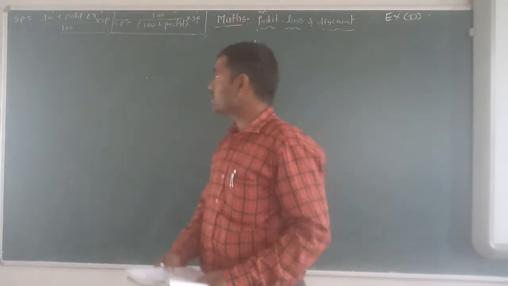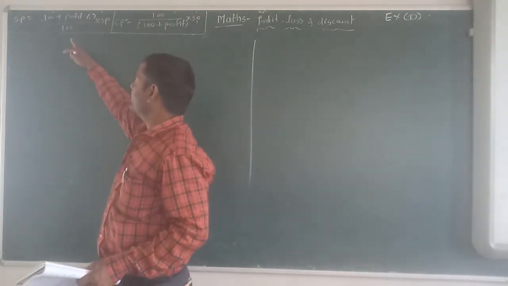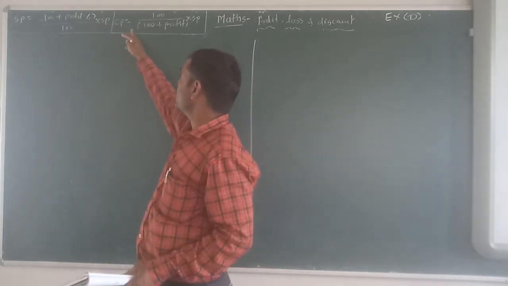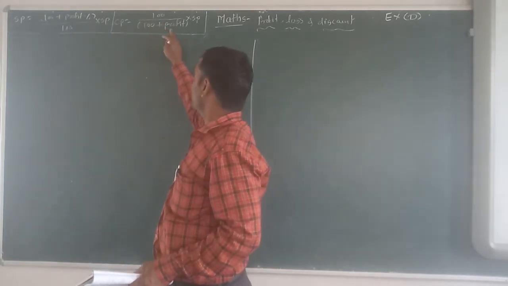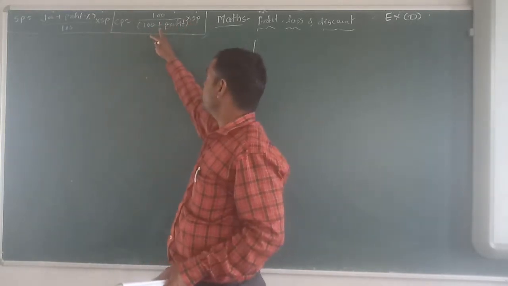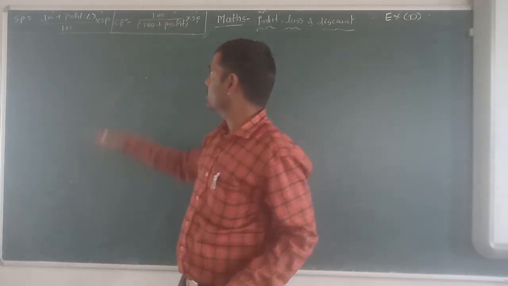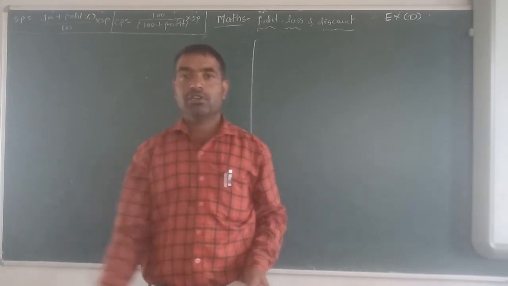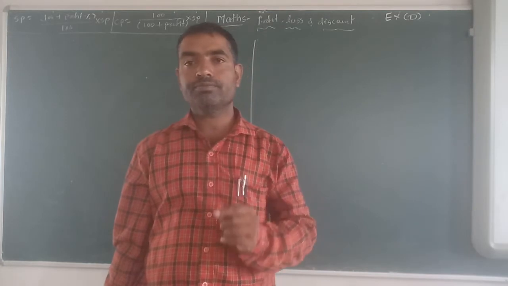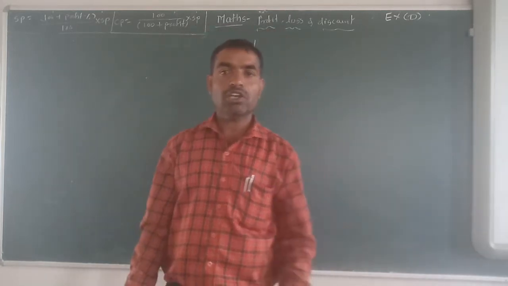But in this exercise, we require the formula: SP is equal to (100 plus profit percent) upon 100 multiplied by CP. And another formula: CP is equal to 100 upon (100 plus profit percent) multiplied by SP. Whenever there is profit, there is a plus profit percent, and whenever there is a loss, it is minus. Here I have written only the profit formula. Only a small change is there: instead of plus, we have to take minus, and we will write the loss percentage.